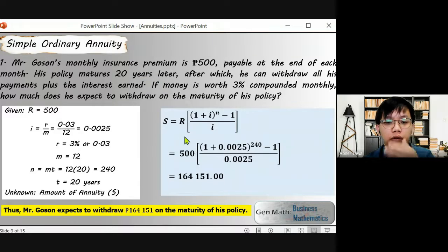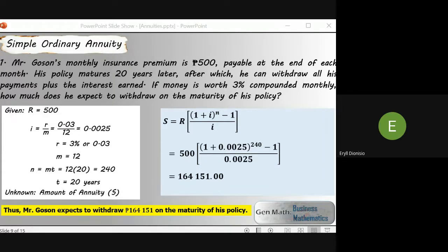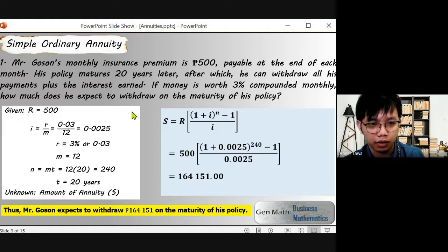Okay, so that is our first example. May katanungan ba or question before we proceed with the next example? Do you have any questions or clarifications? None, sir. None, sir. So, naintindihan nyo na yung first example. I hope na nakuha nyo. Pag may katanungan kayo, just ask para alam nyo kung paano nyo sagutan yung given activity natin para hindi kayo mamali-mali. Okay?